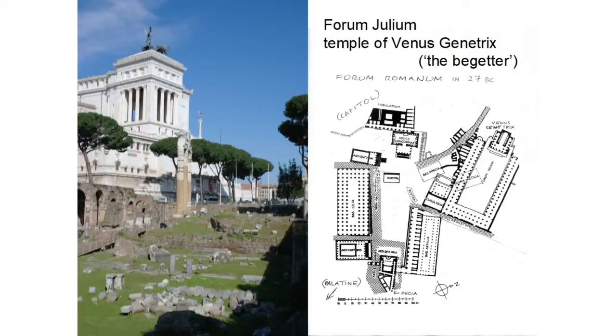If you have a temple to Venus the begetter, you can say, oh, this is all right, it's Republican, it's to the goddess of the Roman state. But it's one of the things that Hellenistic kings do. They link themselves to a deity and claim a personal link and support with that deity. And what is worse is that apparently Caesar put statues of himself and Cleopatra in there as if they were gods associated with Venus. And that's where these things start.